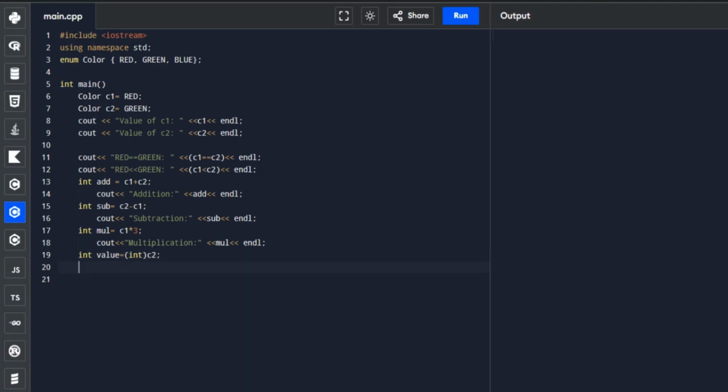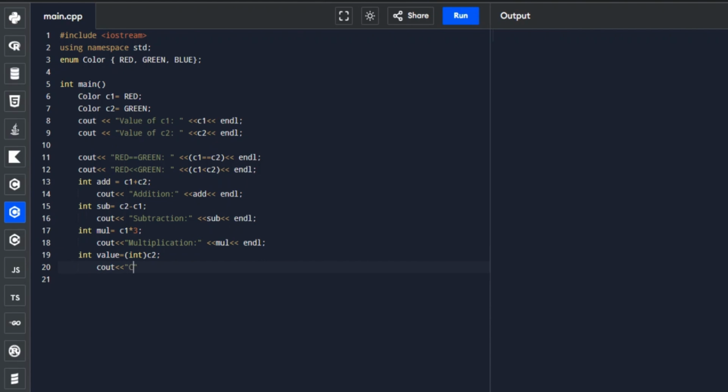So let's display the output here. We'll label it casting enum, or converting.